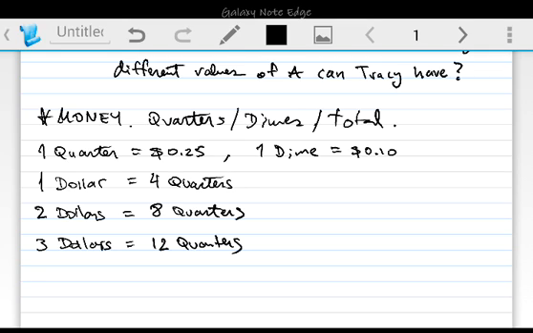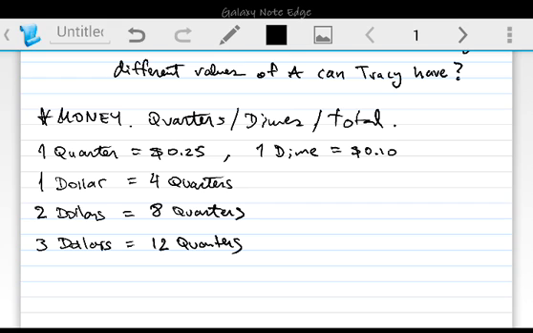Now, we're going to try to compute how many quarters and dimes pairs. So we're going to be looking at the combinations, how many pairs of quarters and dimes are